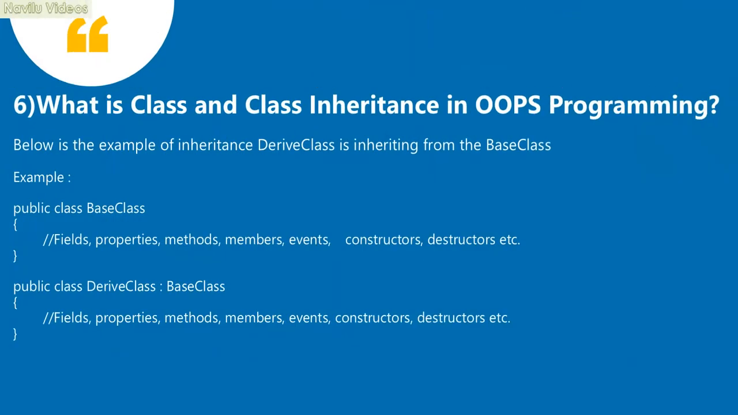6. What is class and class inheritance in OOPS programming? Below is the example of inheritance. The derived class is inheriting from the base class. Example: public class BaseClass { fields, properties, methods, members, events, constructors, destructors etc. } public class DerivedClass : BaseClass { fields, properties, methods, members, events, constructors, destructors etc. }